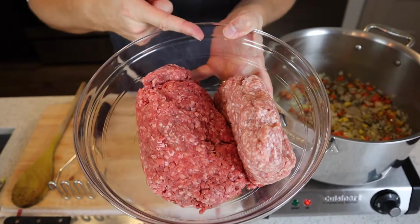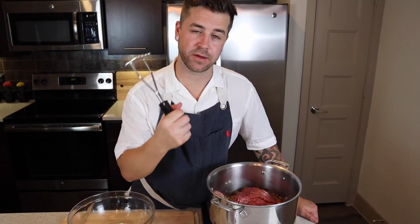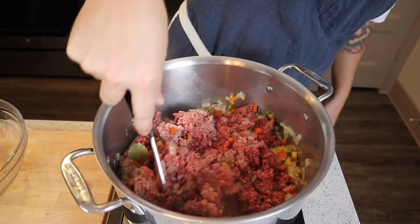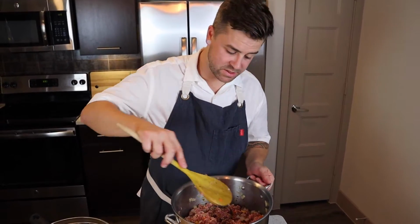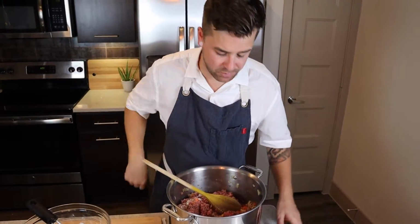So now we're gonna add our beef and the pork. Here's the handy tool for this recipe, potato masher. It gets all the meat broken up really good in small bits. So throughout the cooking process, I'm constantly potato mashing the meat. So now I'm gonna add a tablespoon of salt. Now we're gonna mix this up. And I'm just gonna let it cook for probably 5 to 10 minutes, and then we're gonna add our tomatoes